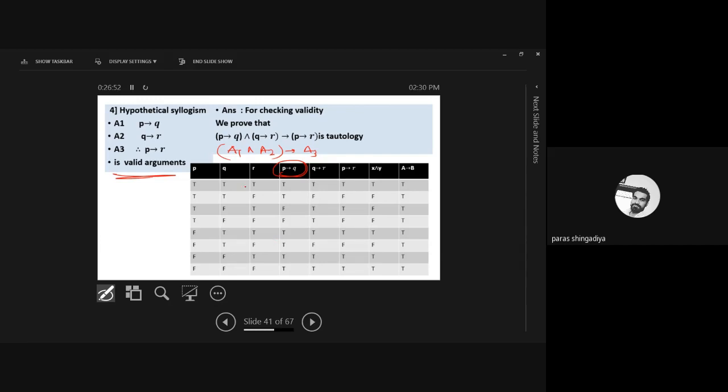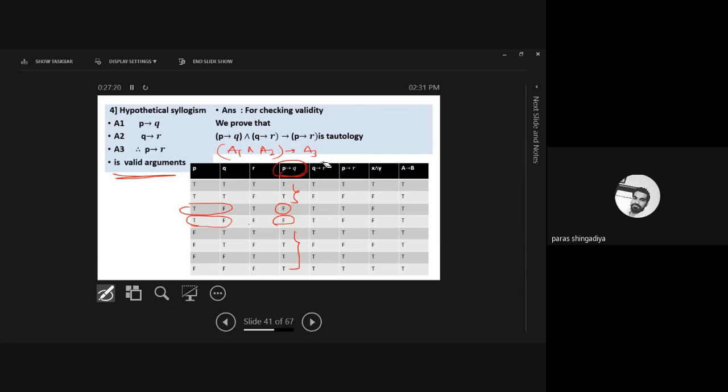So compare P and Q and identify such places where the first is true and the second is false. So it will reflect false here. In this third row, that is also the same. It will be F here, and rest of all the entries will be T. There are only two cases where the first statement is true and the second is false. In that case the conditional operator will be false. In all the other cases it will be T. So that is the answer of A1.